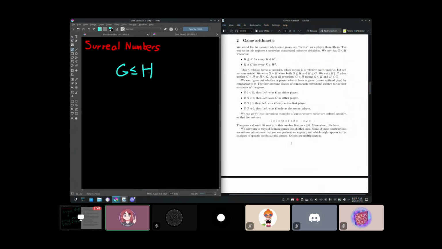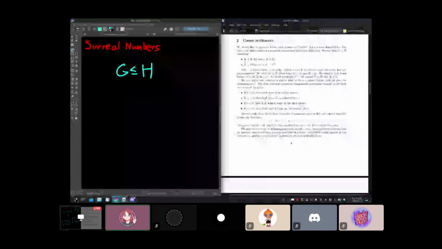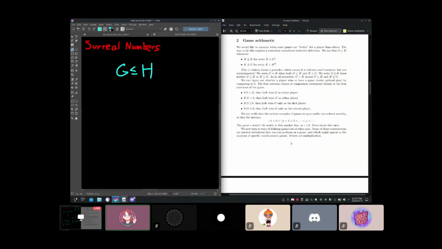We can use induction for pretty much the same reason we can induct on the natural numbers. And this is one of those formal details that I won't really get into. But the idea is that you can do induction in games, where you can define a property of games, or prove a property of games, assuming that you've already defined it for all left and right options of the game. And so that's kind of what we're going to do here.